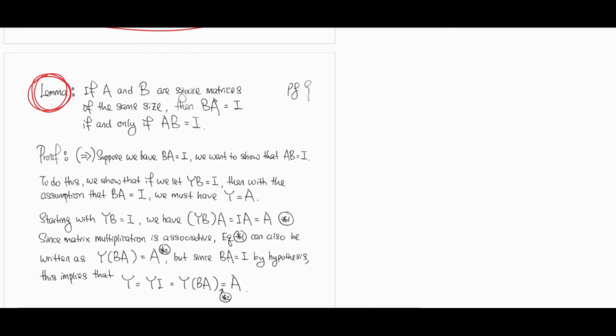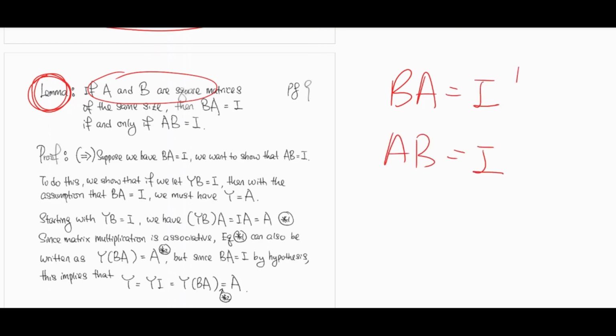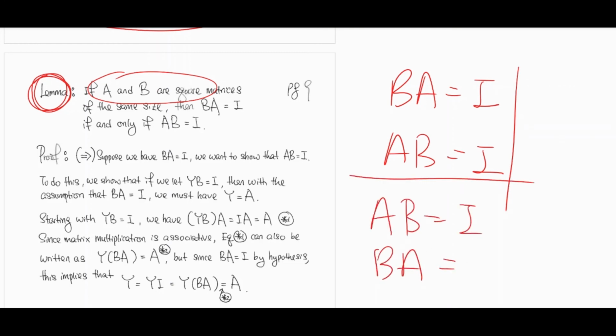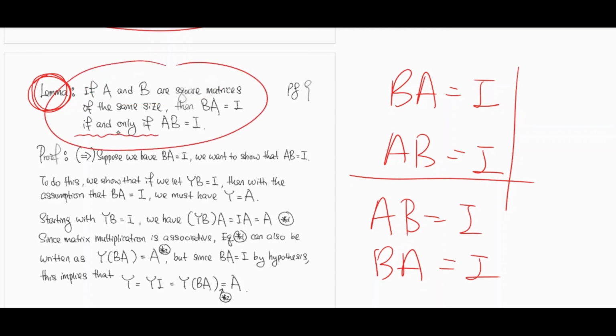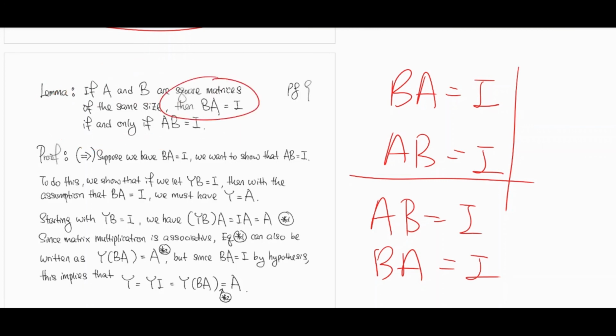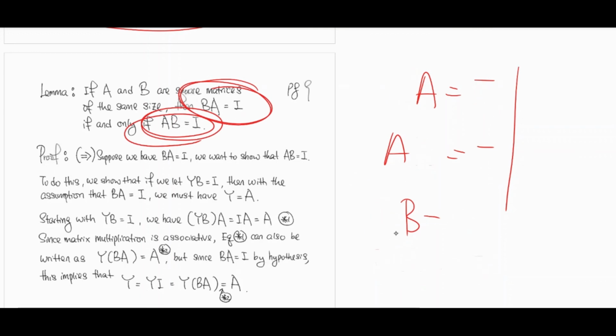So here it says that if you have two square matrices of the same size, if you can show that BA equals I, that implies AB equals I. Or if you can show that AB equals I, then you will have BA equals I as well. That's what the theorem is saying. I also hope that you have come across something called if and only if. If and only if means that it goes both sides. It means that if you have BA equal to I, then you will have AB equal to I. And if you have AB equal to I, then you will have BA equal to I. So they go both ways. And this is a theorem,